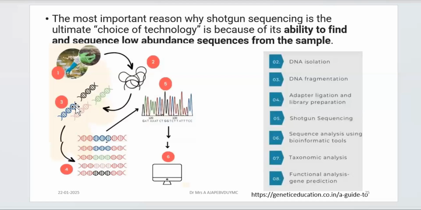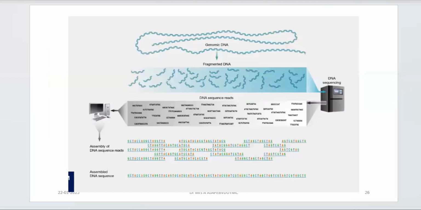So this is an overall summary of how shotgun sequencing is going to work and how it is important in metagenomic studies, right? Here is the genomic DNA, you have fragmented it, then you have added the adapters, then DNA sequencing is done, and such small stretches of sequences are produced. Of course, here you are seeing only 10 bases, but it is not as small as 1 or 5 or 10 bases. Short stretches are produced.